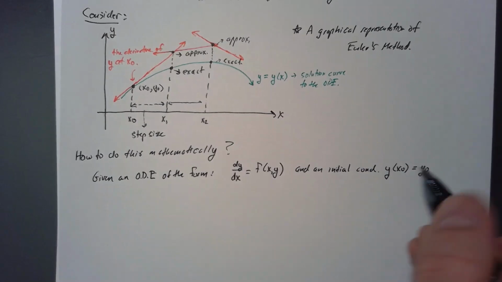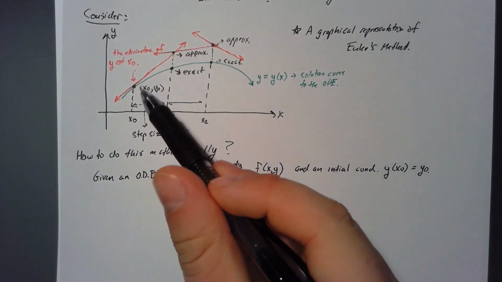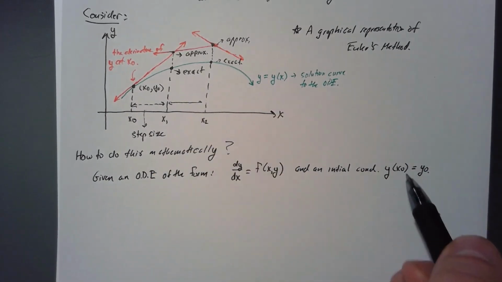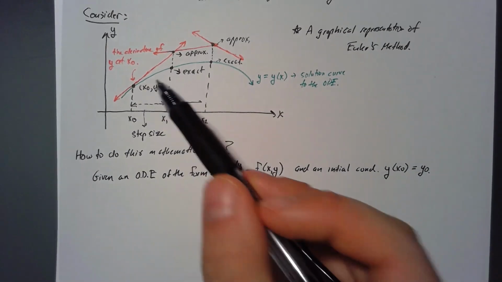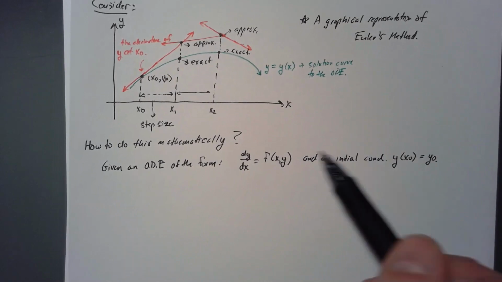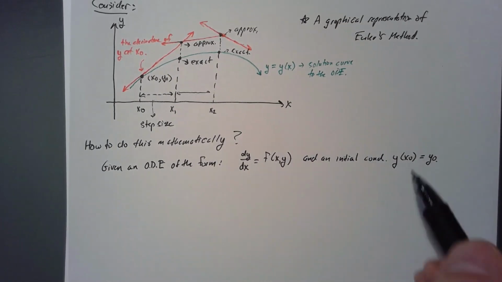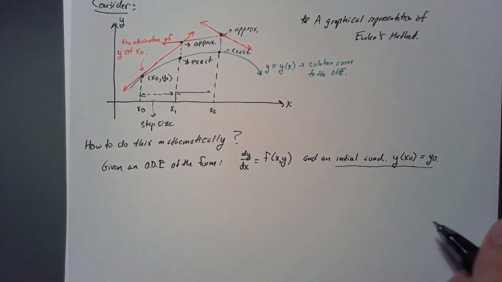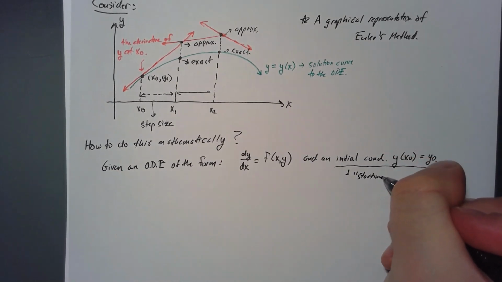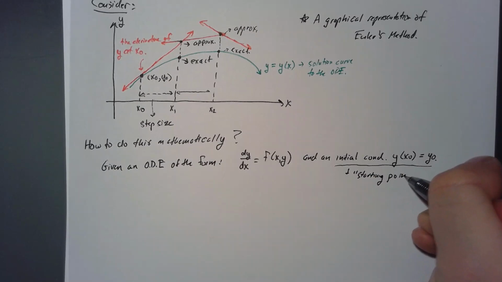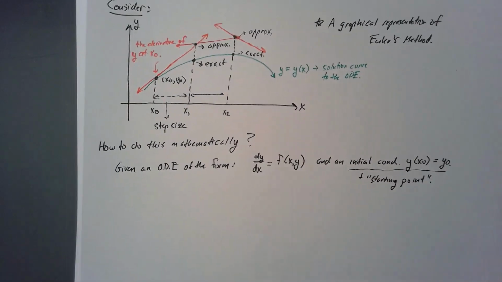This initial condition is the starting point, basically. It's this point right here. So y sub 0, or x of 0 comma y sub 0. That's this ordered pair right here. So if I'm given this, I'm given a differential equation and a starting point. That's what this is. An initial condition is a starting point. So if I'm given that,